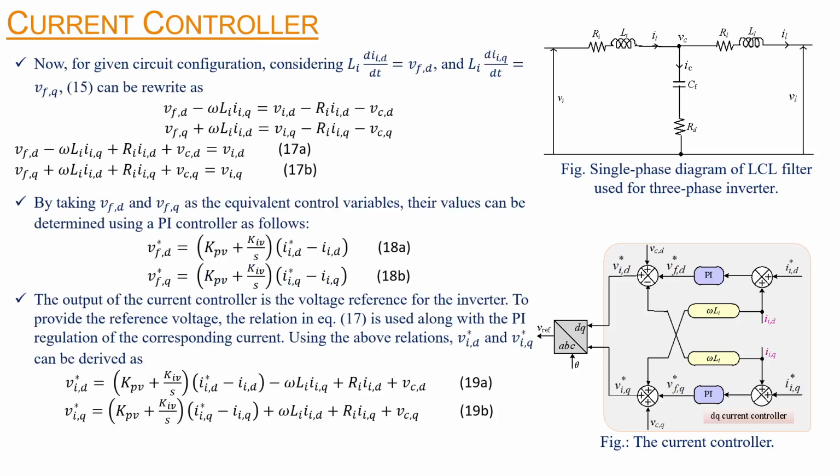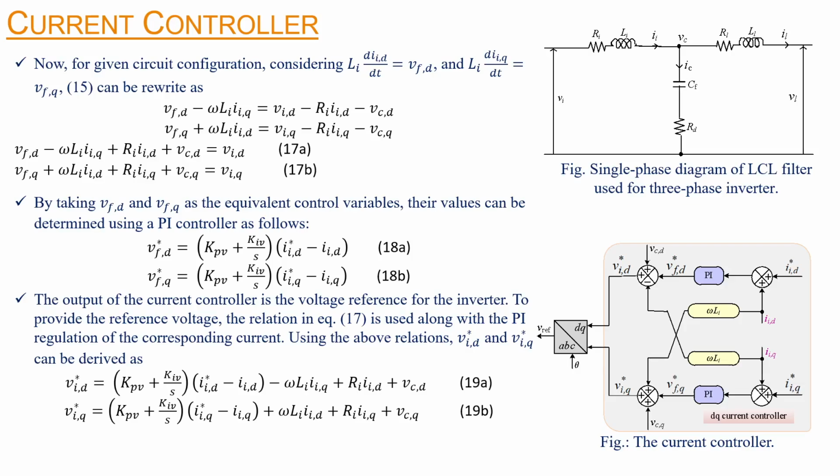So now for the given circuit configuration, considering this voltage drop across the inverter side filter inductance, VFD and VFQ in the separate axes, we can write this equation again in this way; 15 can be written in this way. By taking VFD and VFQ as the equivalent control variables, their values can be obtained using the PI controller given by equation 18. The output of the current controller is the voltage reference for the inverter. To provide the reference voltage, the relation in equation 17 is used along with the PI controller output for the corresponding current, and